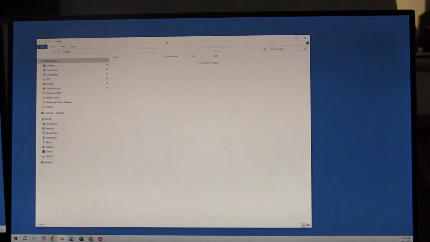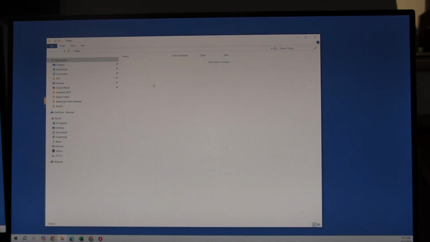We want to put in a place for still video to go to. So we're going to create a still pictures folder to go to. So we're going to call this still images. And then we'll create another folder, and we'll call this one video downloads. And then we're going to create another one and we're going to call it install